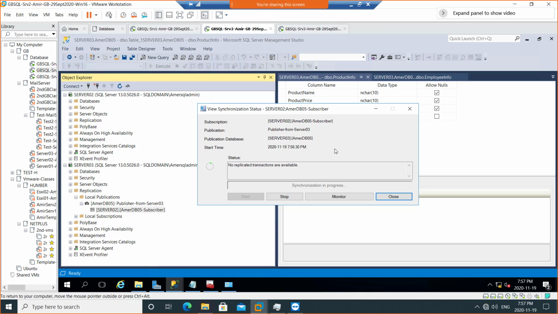So it is trying to get some reports there. Synchronization in progress is showing here right now, and that's one thing. It says here the publication database is on server 3 and the subscription database is on server 2. Also, you can stop the synchronization as well. And then there's a monitor here, so if we click the monitor here as well,